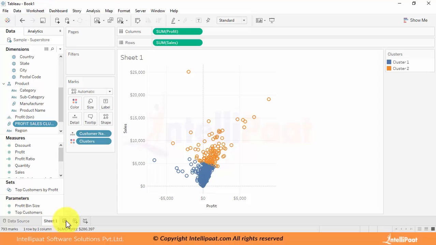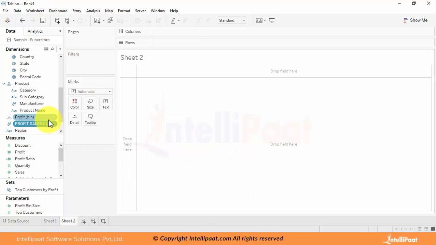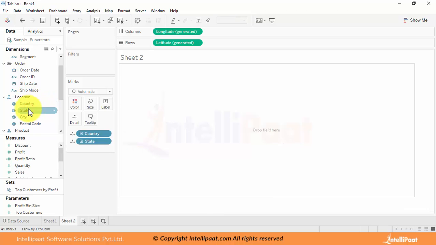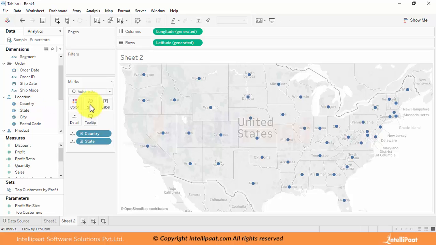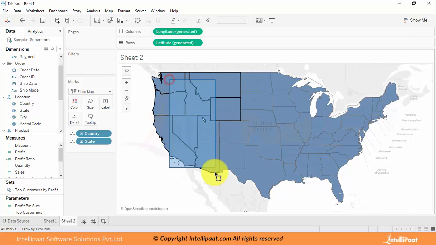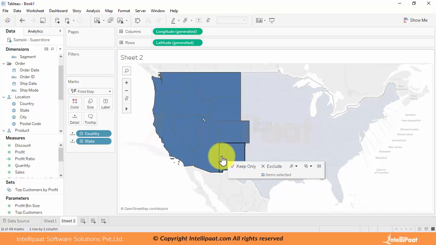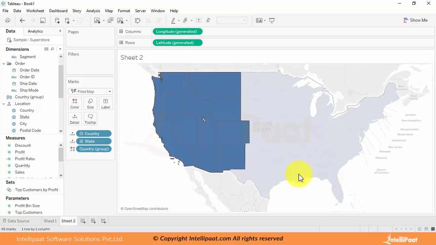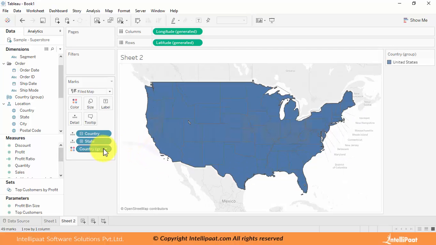And then they have introduced the concept of creating custom territories. As I said, you have to let me create a field map. So here, if you want to group it, just create custom territories, select it and group it based on country or state, and you can rename this group.